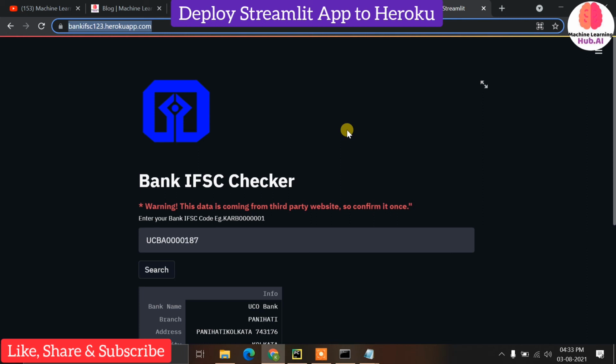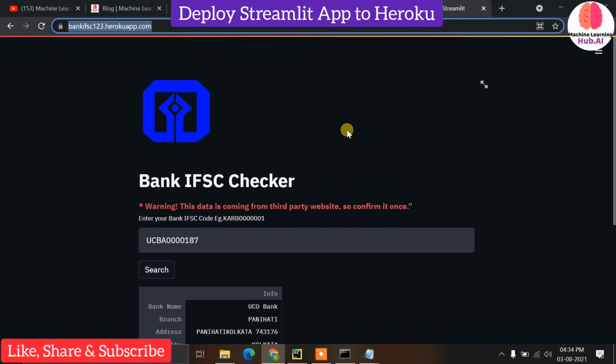Now there is one disadvantage of Heroku, which is the loading. If I am sending this URL to someone, currently this site is running, so it will run for all the people who are coming from the URL. But assume that for the last 10 hours no user has opened this site, then it might go into sleep mode. Then if some client comes to your site, it will take a lot of time to reopen the site.